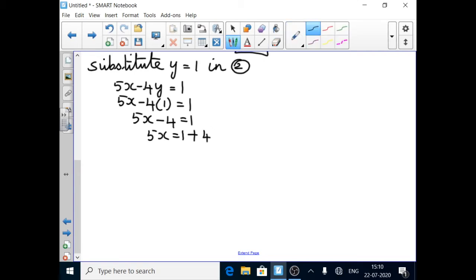So 5x is equal to 5, x is equal to 5 by 5, so x is equal to 1, y is equal to 1. Therefore, the point of intersection is